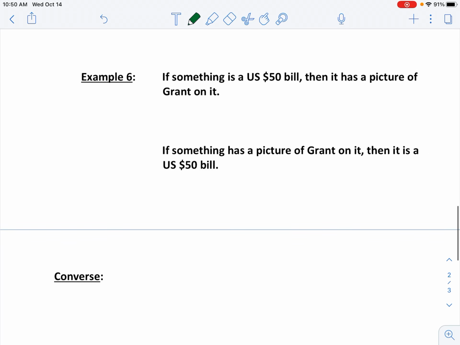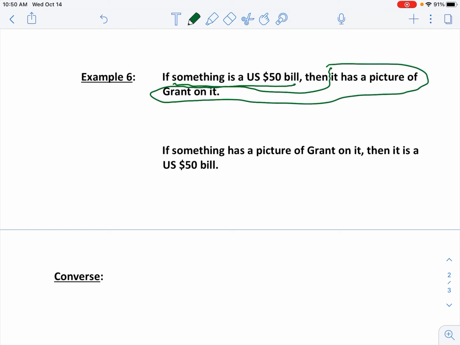Example 6, and there's really not too much to do here, it kind of leads into converse. It says, if something is a US $50 bill, then it has a picture of Grant on it. Now look what they did on this next one. If something has a picture of Grant on it, Grant being the president that is on the $50 bill, then